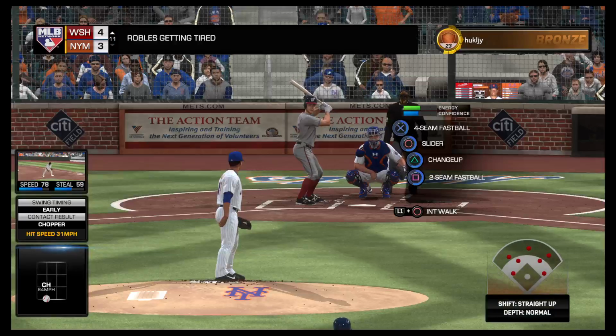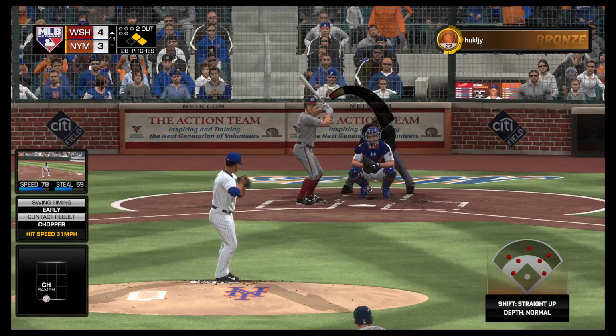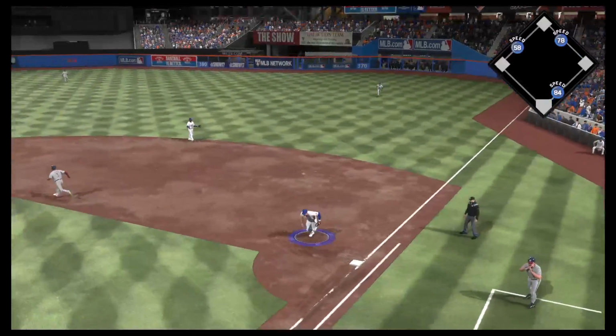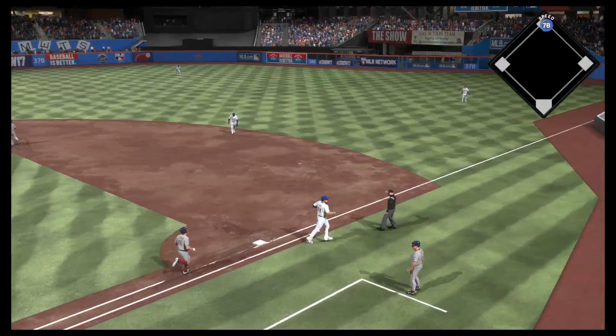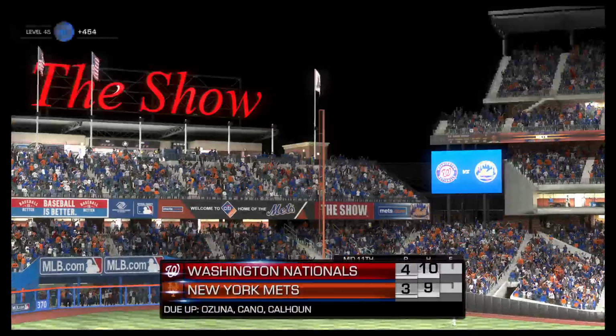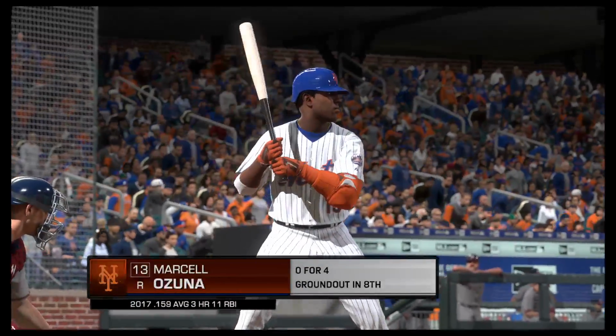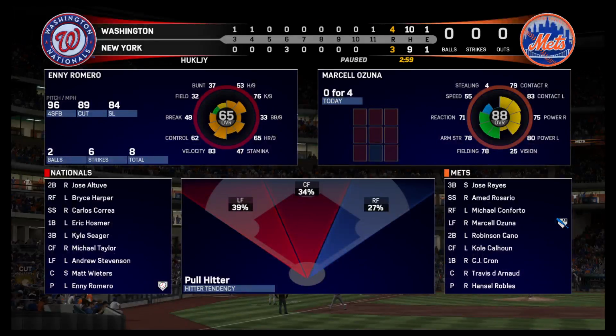Stepping in and ready for another shot, number 46. He drew a walk his first time up. To first. And he'll step on the bag himself, and the inning is over. Digging in once again, Marcell Ozuna. He'll lead things off here in this